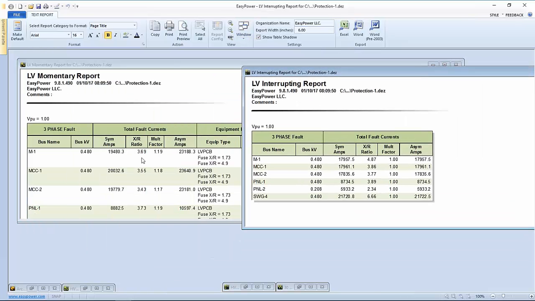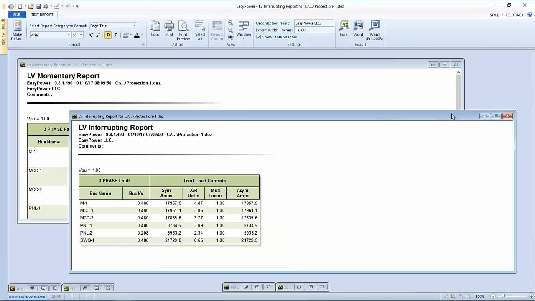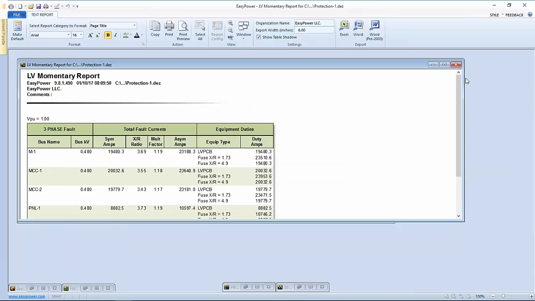And what we're looking at is the X over R calculation. So you'll notice even between the momentary and the interrupting, for the ANSI calculation method, the X over R ratio changes. What I would suggest is to export both of these to Word, save that file for comparison, and then